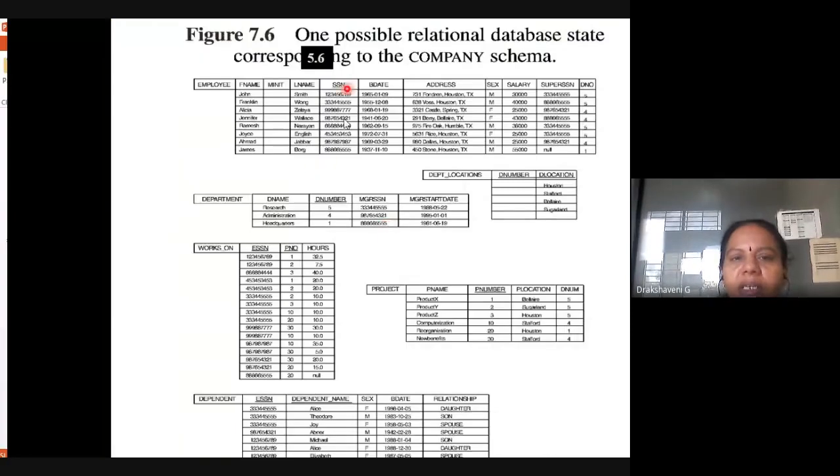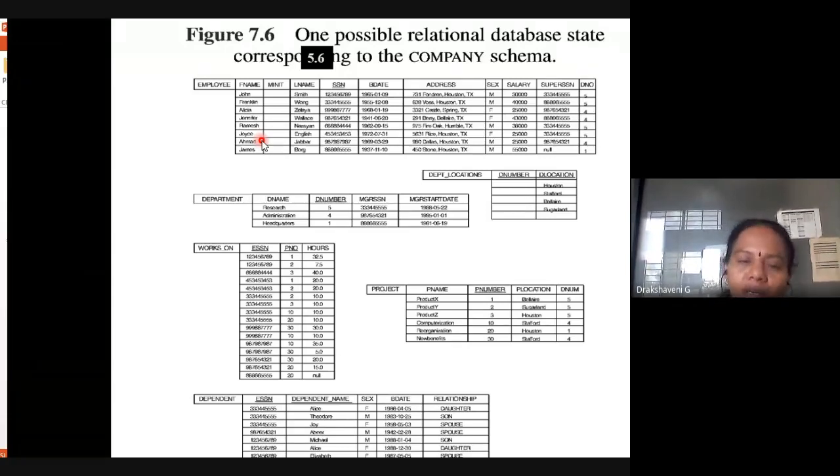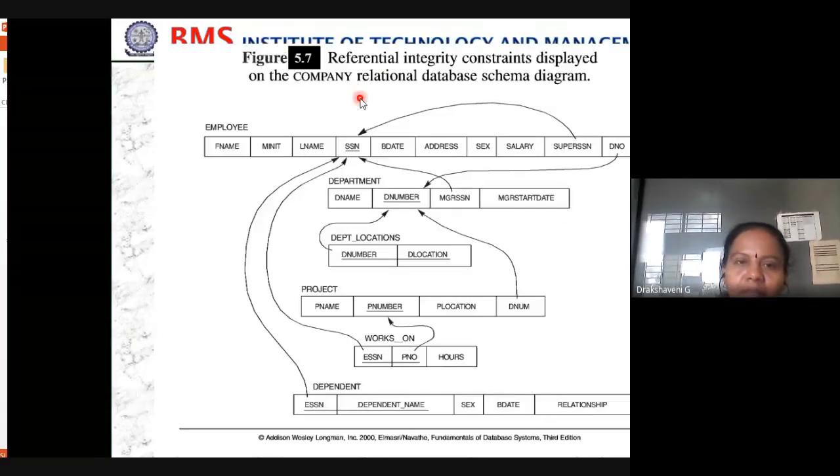Now you start entering some values into the table. That is what is called a relational database state. So now you have so many details. Suppose you complete your MCA and leave BMS IT college, or get a job in some company. Then what? Will we delete? We'll create a separate table for the people who are joining new. So that is the state of your relation. Today you are in third semester, next semester you'll go to fourth semester. This keeps changing.